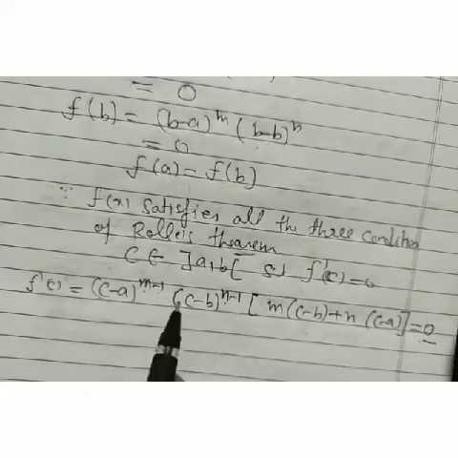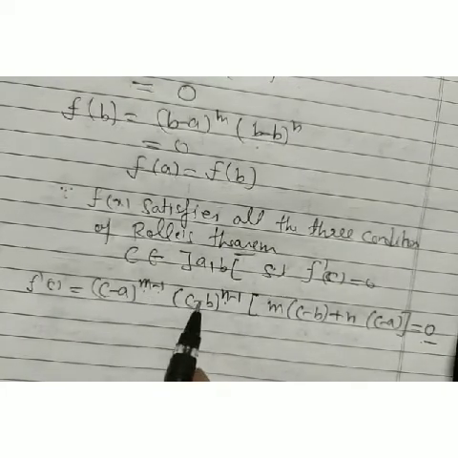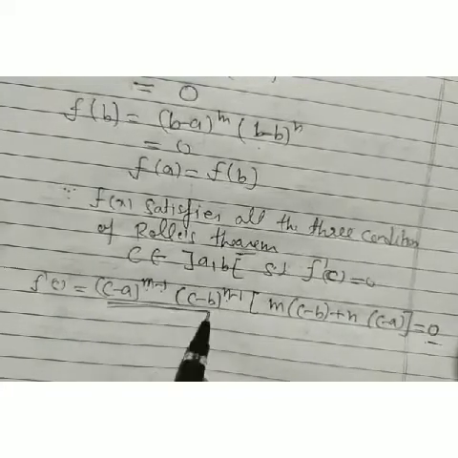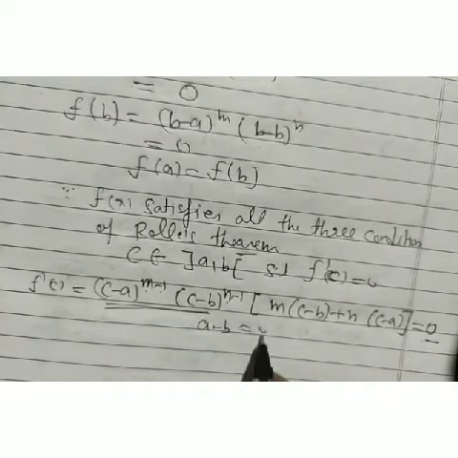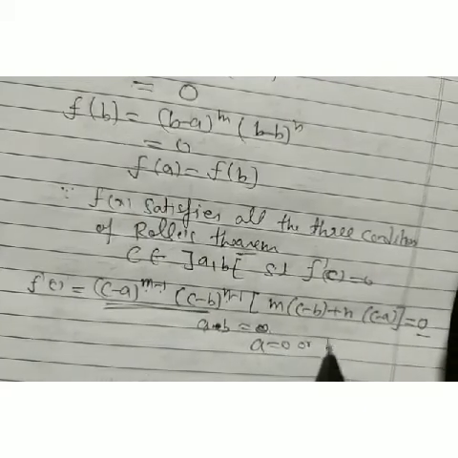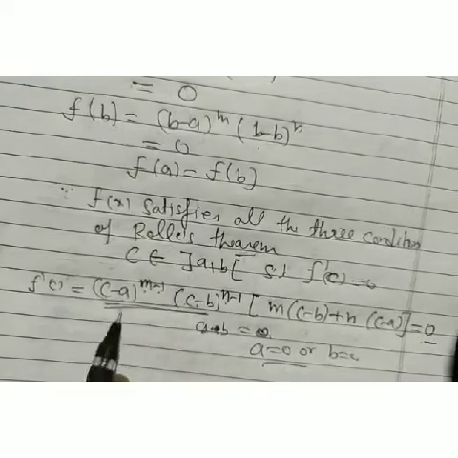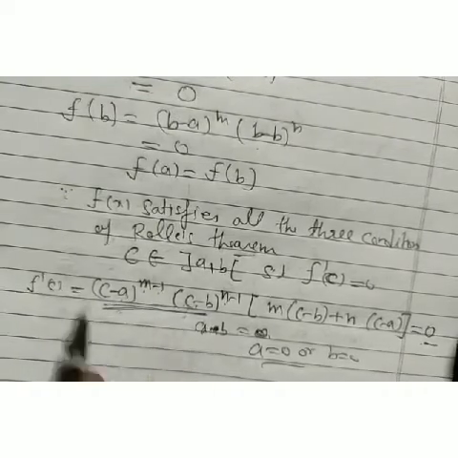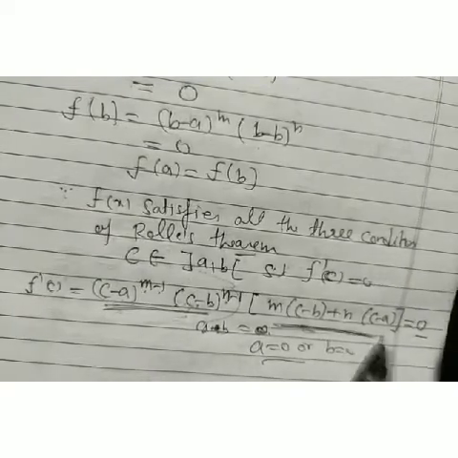1 and n minus 1 are also positive integers, so we have c minus a to some power and c minus b to some power. This multiplication has positive values, so these terms cannot be equal to 0. We know that if the product of a into b equals 0, then either a is 0 or b is 0. But it's guaranteed that these have positive values, so their multiplication also has positive values. Then these terms are not going to be equal to 0, and this other part is our 0.